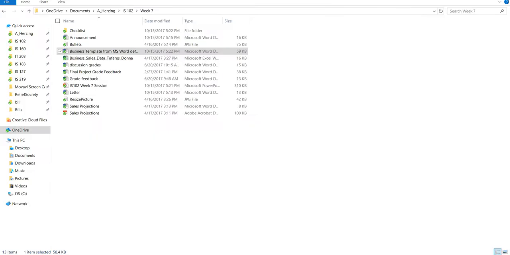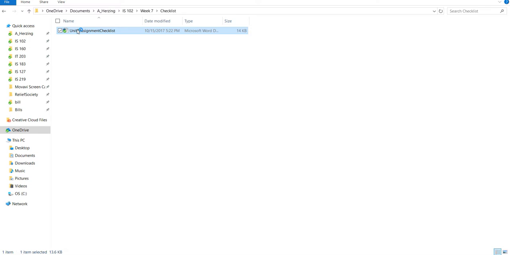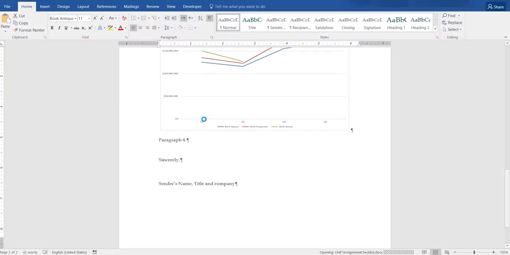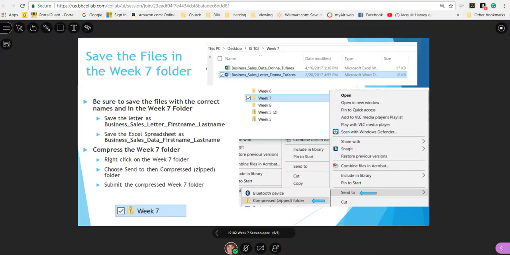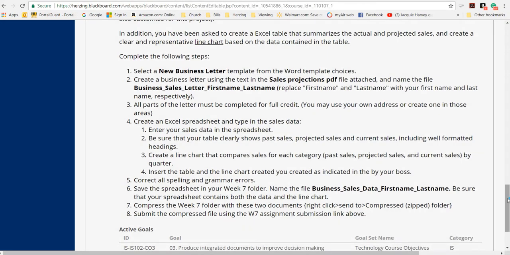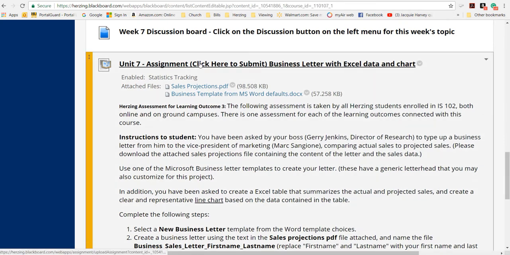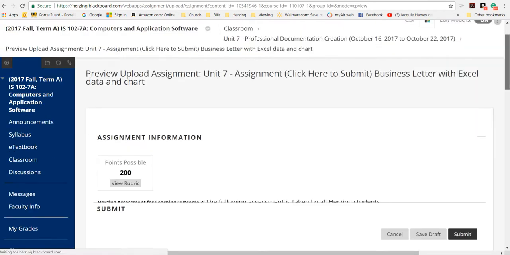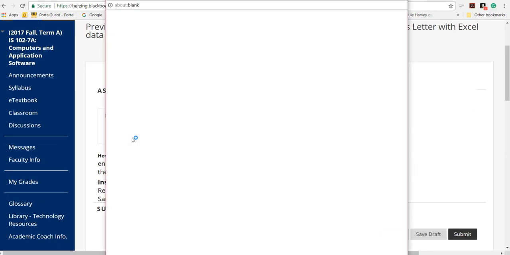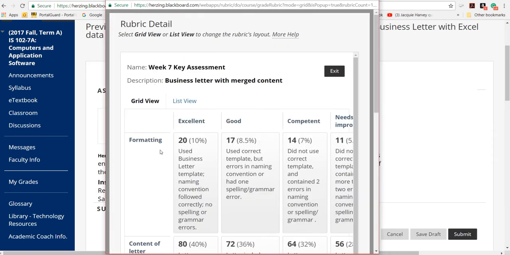Now I wanted to show you the checklist that I created. Because you know I use the rubric that's attached to the assignment. But it's easier for me if I can just check things off. So here's the rubric. Right here. And this is how I figure out your grade, as I decide which of these it falls in.